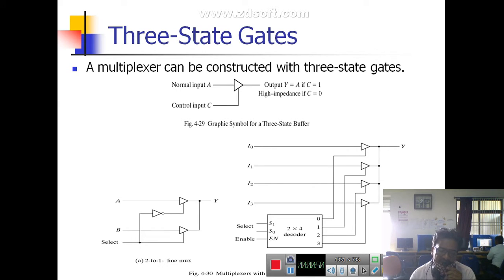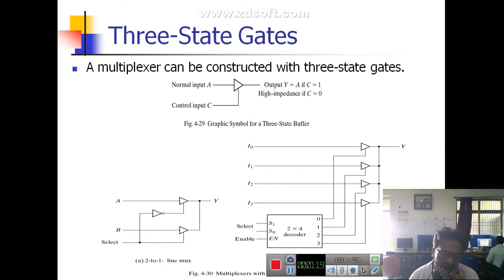The first one is a non-inverting active high enable device, the second is a non-inverting active low enable device, the third is an inverting active high enable device, and the fourth is an inverting active low enable device. Whatever diagram you are seeing here shows the different symbols for different types of